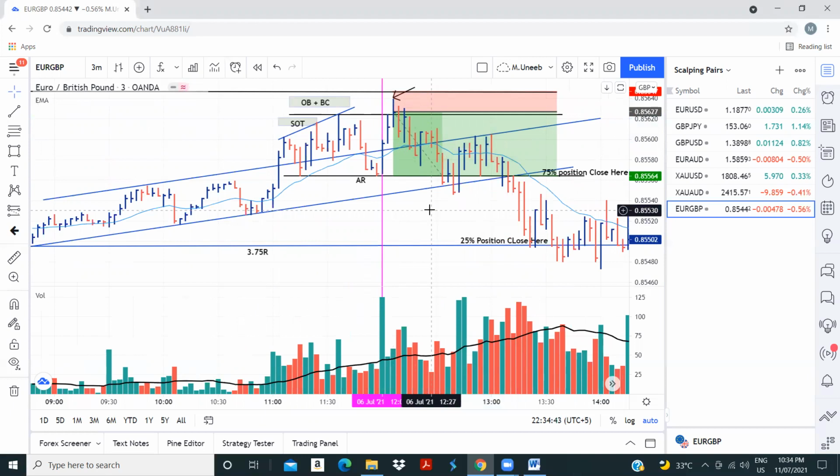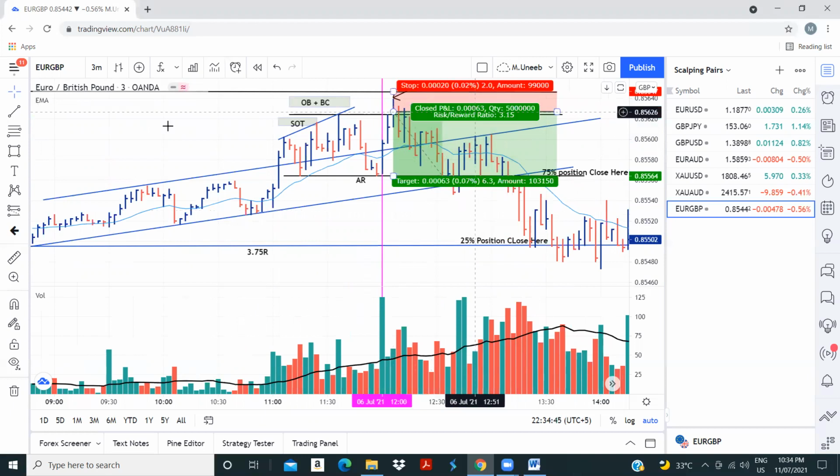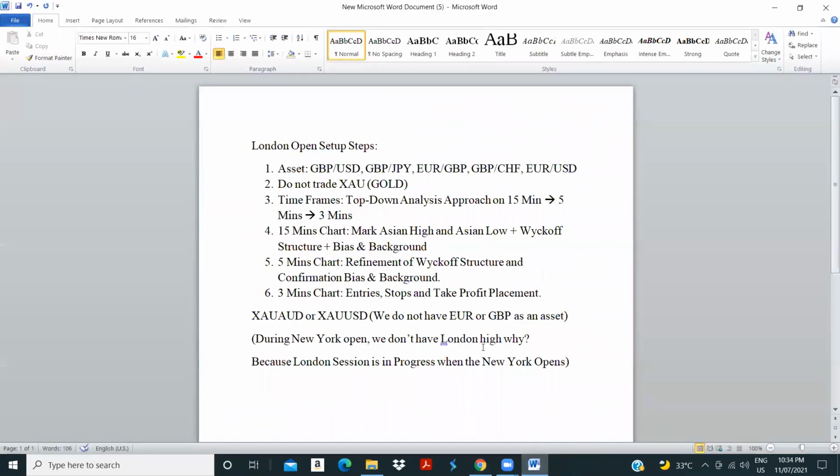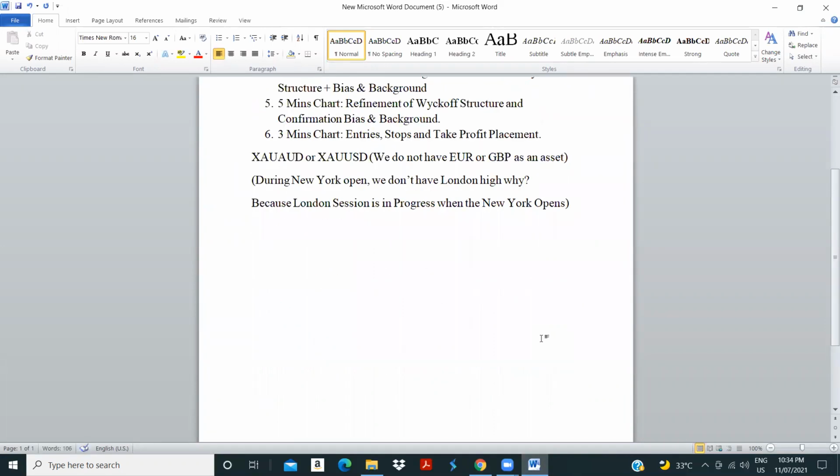Any confusion? No confusion. Okay, so everything is clear now. So entries, I tell you, the entries here. Another point: entries should be